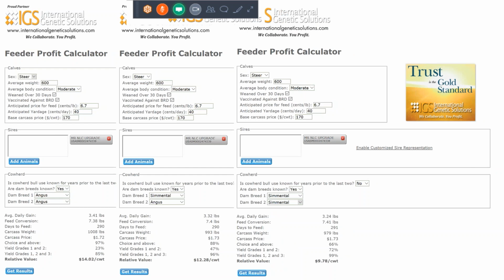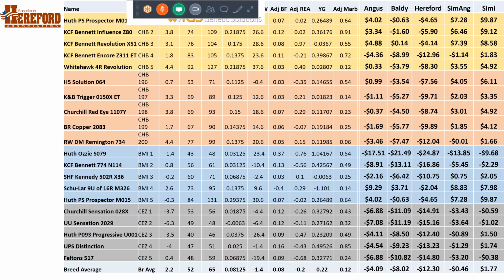Even he's good at making straight Simmental calves, but there's more value on the other. There's a lot of numbers, so I apologize. But let me tell you what you're looking at. We have recently shared this with some non-IGS breed associations because we want them to know that we're going to evaluate their cattle. We have the capacity to do that, and we want them to be comfortable with what we've